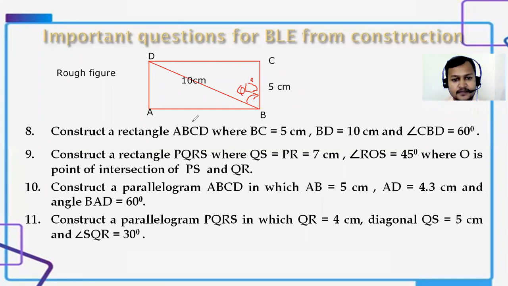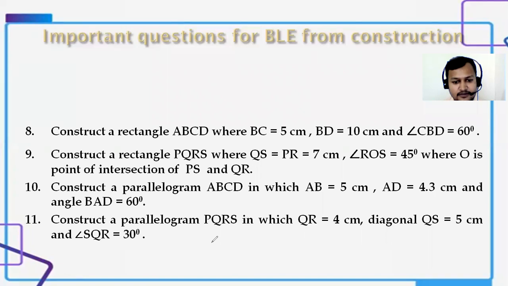So to draw it, in place of drawing it in this way, it will be easier if this BC is base. Let me erase it and show you how it will be better. Length of BC is given to us, B as well as this is point C. And next one given to us is BD. The length of BD is given, 10 centimeter, and this angle is 60 degree.